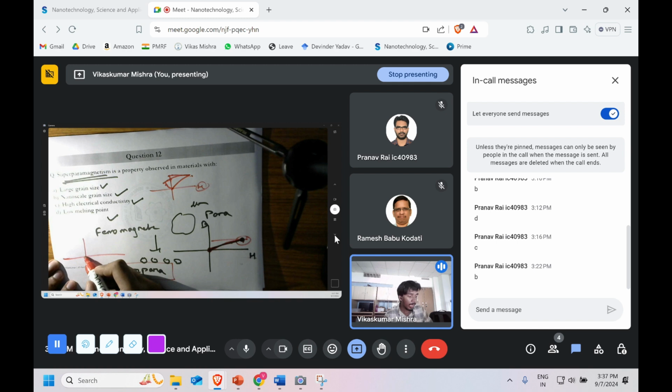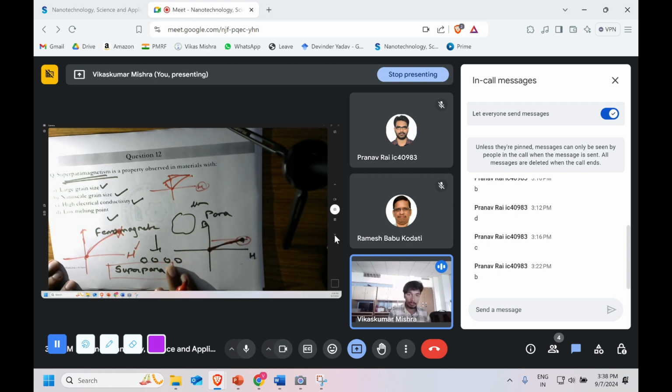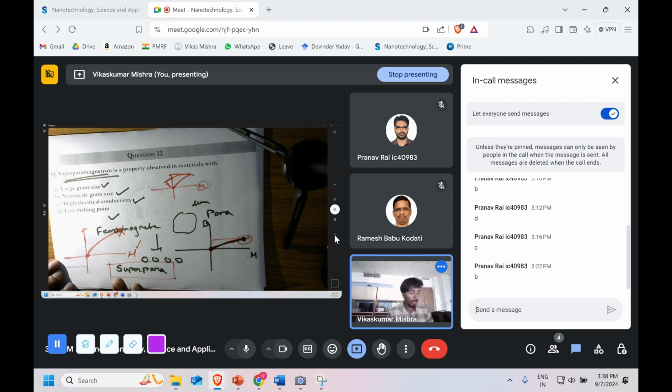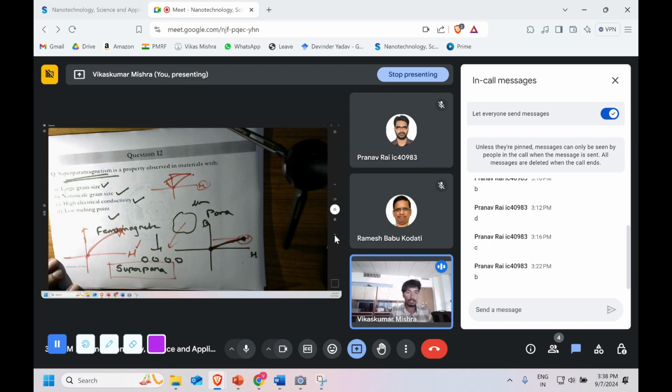Superparamagnetic is something which shows the high strength just like the ferromagnetic material, but it is very easy to switch. So from here I applied the externally applied field, and then if I make H to 0, it will again go back to over here. So it is showing the nature of both ferromagnetic as well as the paramagnetic, and that is the specialty of this superparamagnetic material. It can only be accomplished when the grain size is at the nanoscale level. So with that we can see option B is the right option.